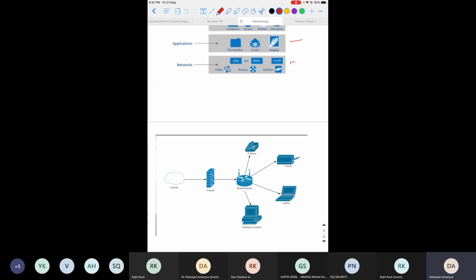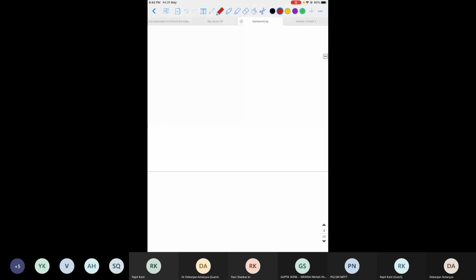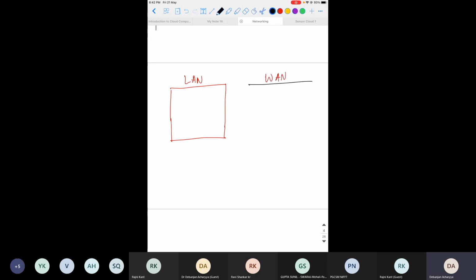Now let's start with some basic things about our network. In the networking model, there are two main things: local area network, LAN, and wide area network, WAN.